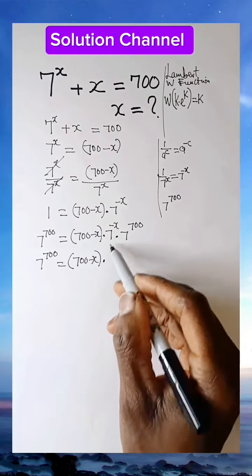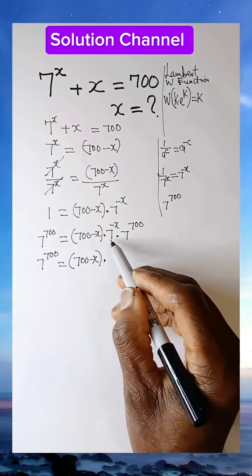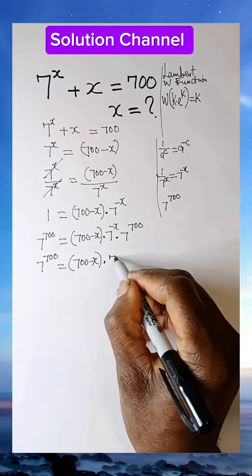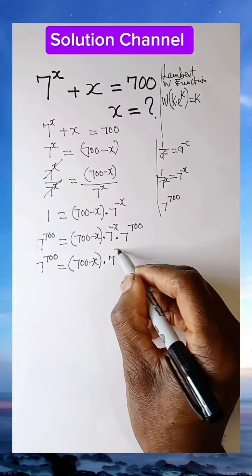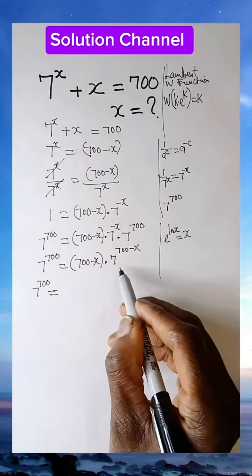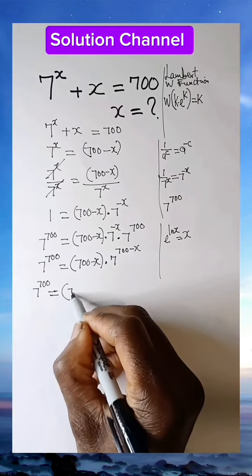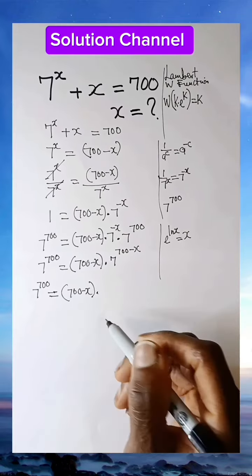times, here we will apply the multiplication law of indices. Since we have a common base of 7, we will retain the common base of 7 and add the exponent. We are going to have 700 minus x. On the right-hand side, we have 700 minus x times